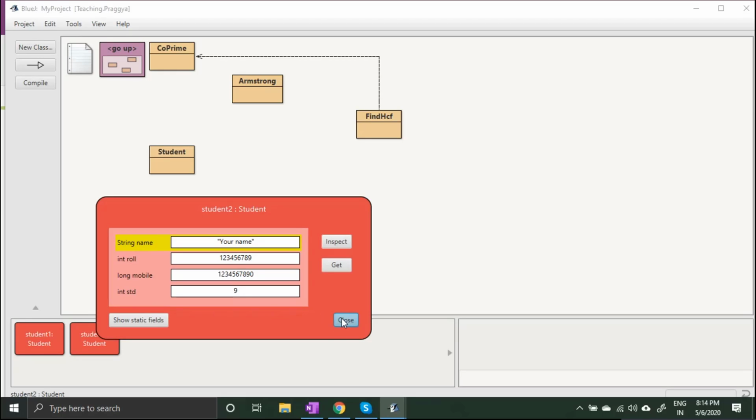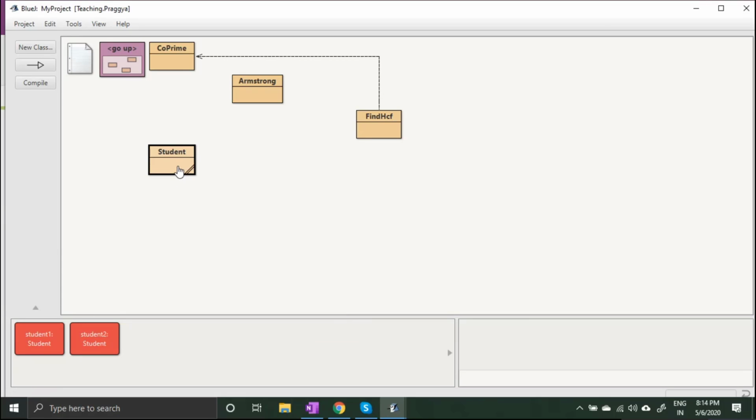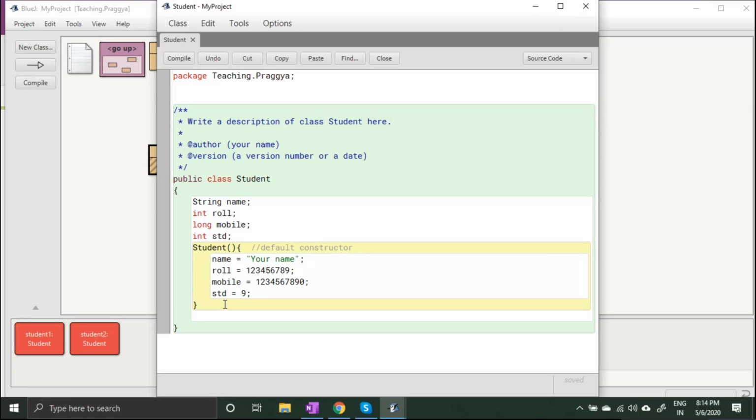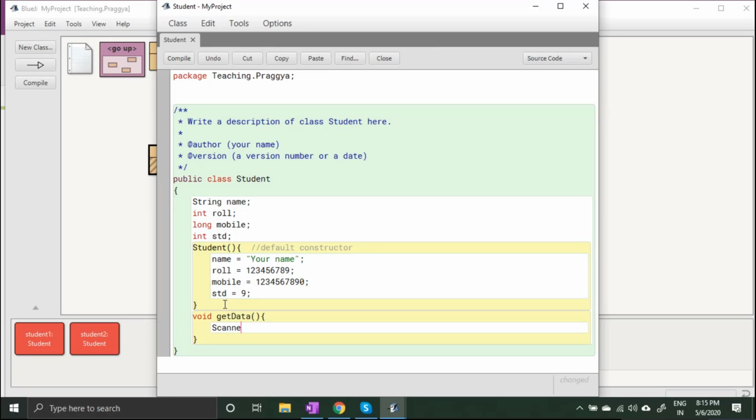So what I have done is I have written a function here, void getData, and then I'm writing here Scanner sc equal to new Scanner.